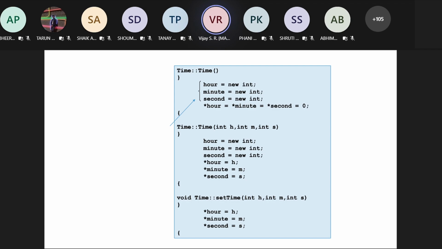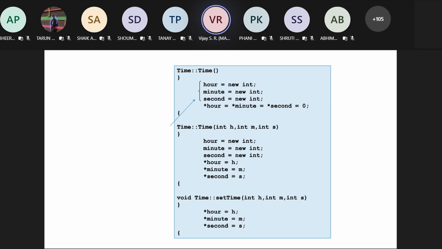See over here. Whenever you call the time constructor, you're supposed to allocate new for hour, second, and minute, and then initialize all of them to 0. Then when you have 3 parameters, you are supposed to do new, and again put the new values over here.